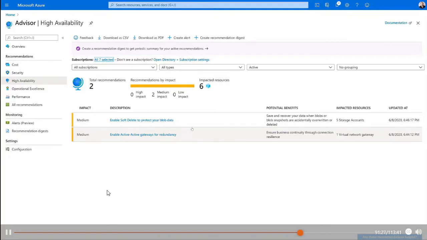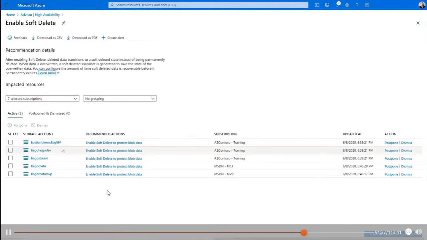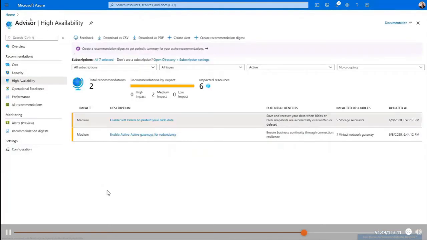In terms of high availability, I also have here to enable active gateways for redundancy, and enable soft delete to protect your blob data. So I have some very cool recommendations here. And again, same thing: click here and I could just dismiss this one, for example, if I don't want to be bothered with this anymore. But yeah, this is what we have in here in the Azure Advisor, and this is why I